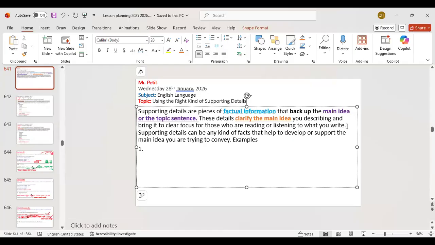What are some examples of supporting details that you could use? Encouragement. You could use statistics. Why do you think you could use statistics as supporting details? Because it's actually true. Very good. You could use quotes from persons, from professionals,